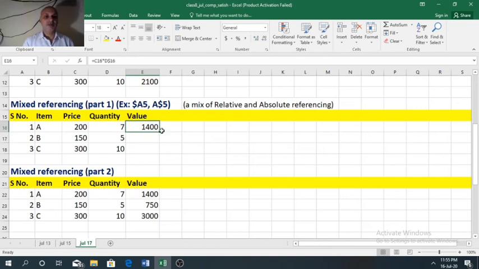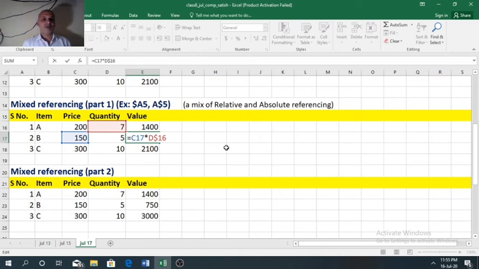Now when we copy this formula to other cells, now see what formula is used here. When the formula is copied to the next row, row number 16 changes to 17. Now we have C17 multiplied with D$16. Because of the dollar sign before 16, when the formula is copied to other cells, that row number remains fixed.